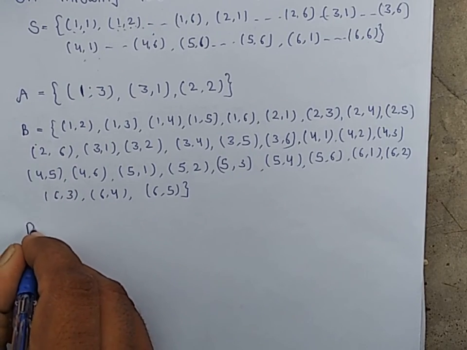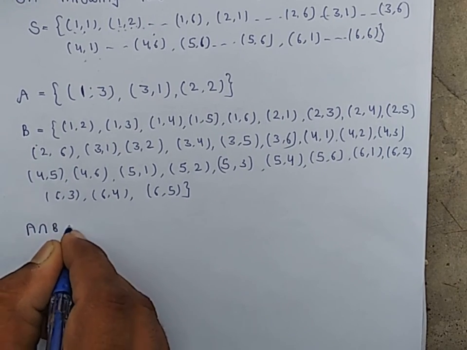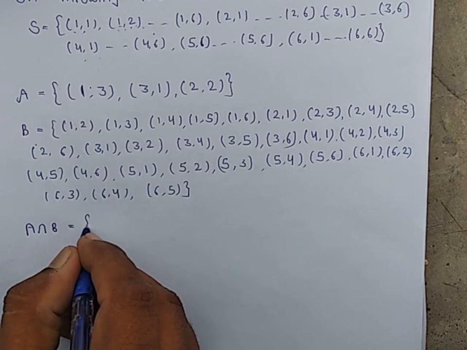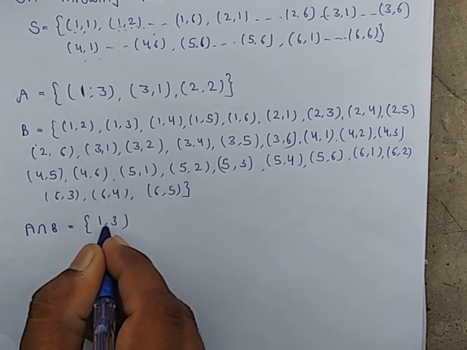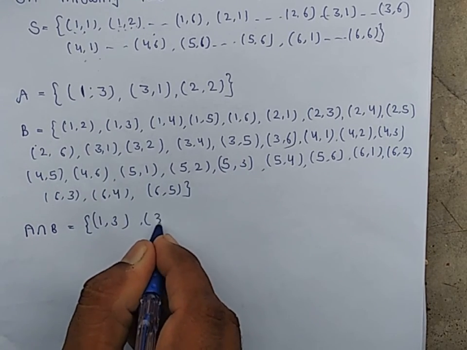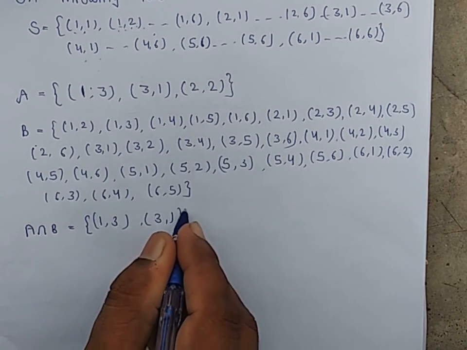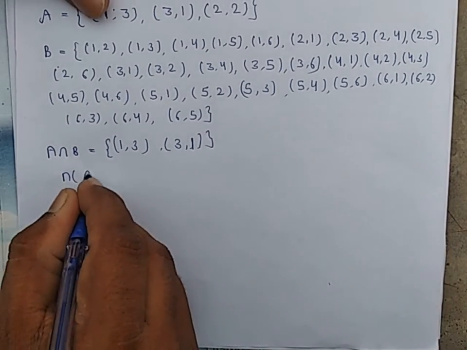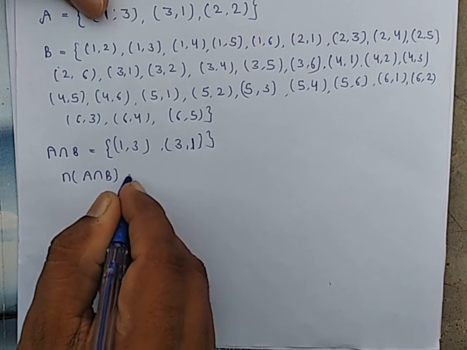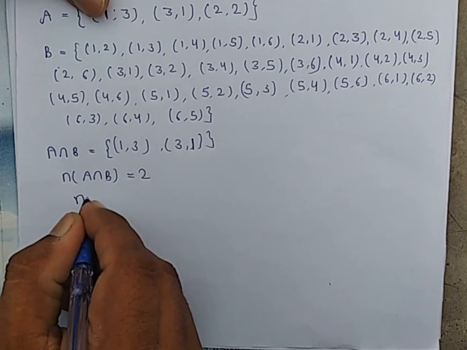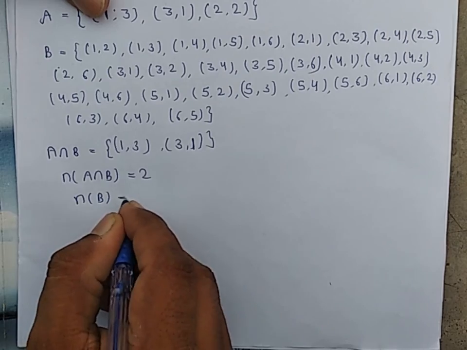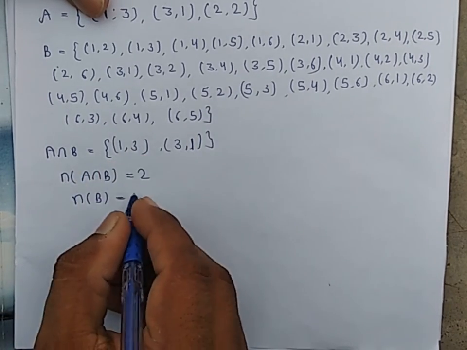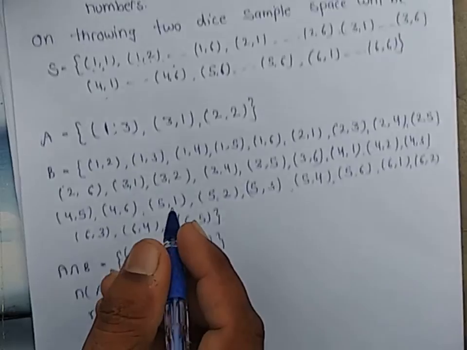Now we take A intersection B. We have (1,3) and (3,1). Number of elements in A intersection B will be 2. Number of elements in B, total number of elements will be 30. And